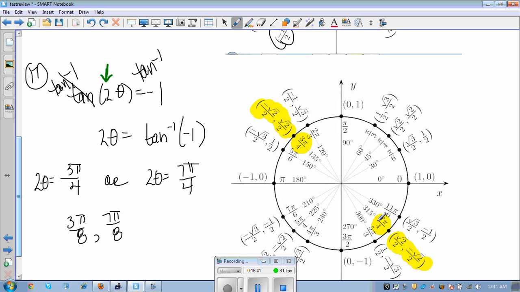So it would be very tempting to think, all right, I have these two, so 2 theta is equal to 3 pi over 4, and 2 theta is equal to 7 pi over 4. When you divide by 2, I get 3 pi over 8 and 7 pi over 8. And the answer key says, but there's 2 more. And there's 2 more because we're thinking about this as